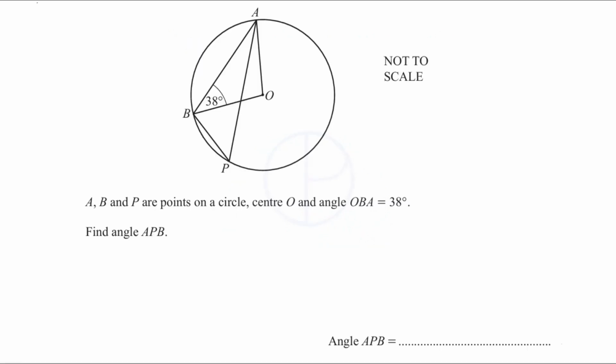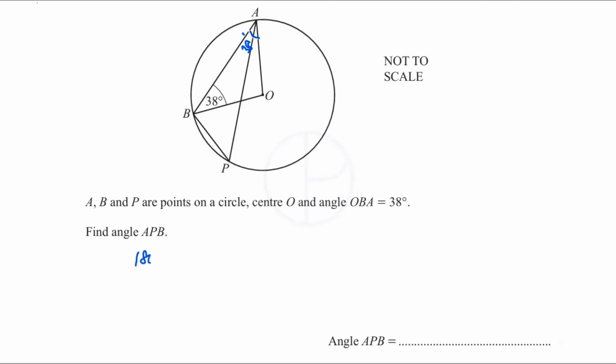Let's solve this example. A, B and P are points on a circle, center O, and angle OBA is 38 degree. Find the angle APB. Here OB and OA are radiuses. So the triangle OAB is an isosceles triangle. So the angle OAB is also 38 degree. Sum of angles in a triangle is 180. So the angle at O will be